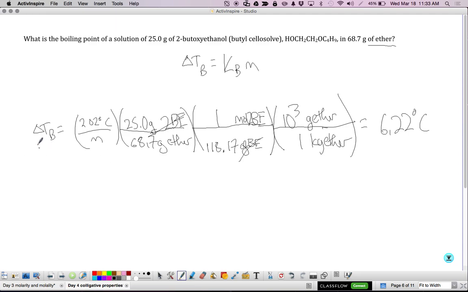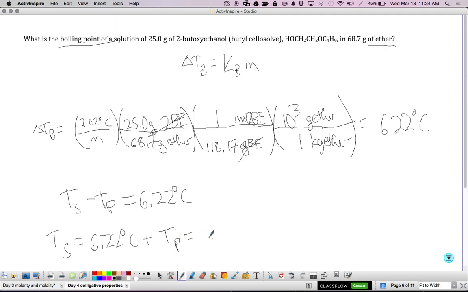Now this is the boiling point elevation, but I'm looking for the actual boiling point. So I need to do the last step where I take the delta T and turn that into T solution minus T pure, and I know that equals 6.22, whatever this is. So T solution equals 6.22 degrees Celsius plus T pure, which is the boiling point of ether,